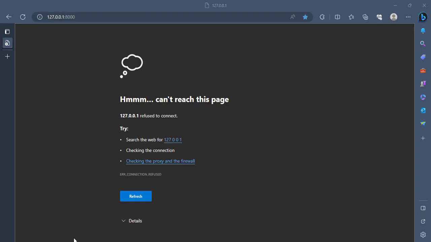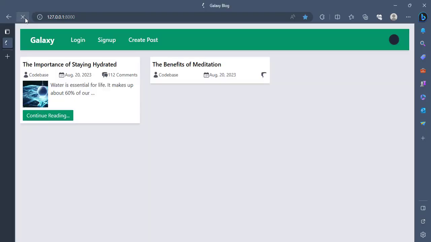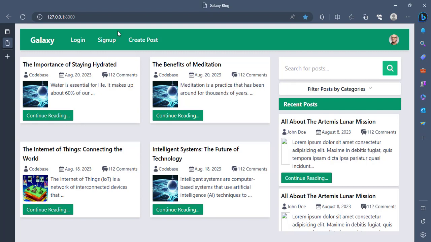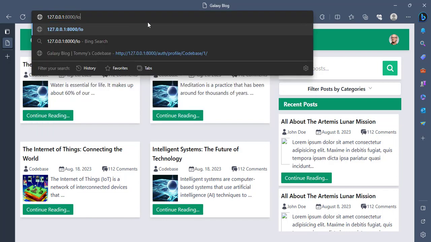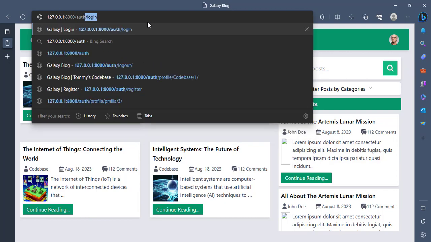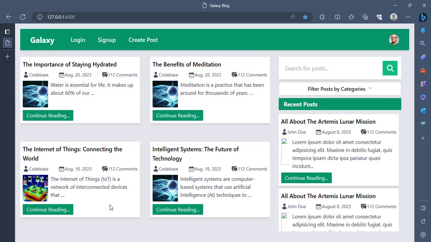Okay, now it's running without errors. And now I'm authenticated as Codebase. That's why I can log into the admin side. So if I go here and say logout, that should be auth/logout. And that is because